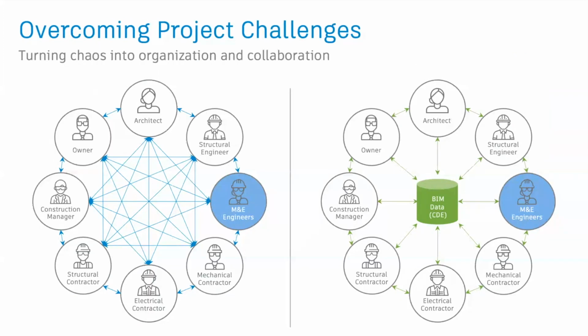So as we see here, we're trying to go from the historical chaos, if you like, of throwing things over the wall, throwing a PDF over the wall, throwing drawings, prints, plots, importing, exporting through multiple different, disparate applications, which means that we don't always know that we're looking at the right, most up-to-date piece of information. We don't know that if something changes, we can be slow to respond. So we want to move to what we see on the right-hand side here, which is more organization and collaboration, where we're all working on this single model authoring tool, a common data environment.